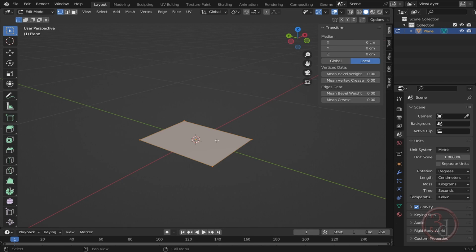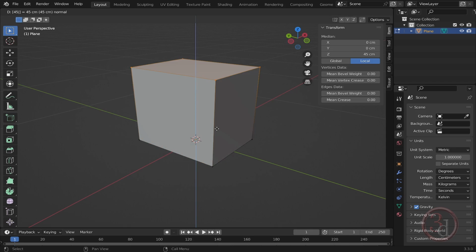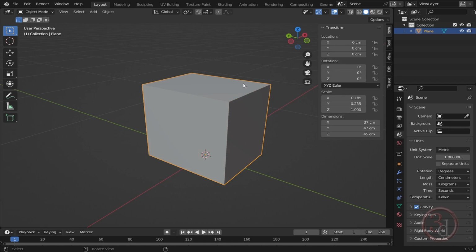Tab edit, and I will extrude for the seat height, the standard seat height. I'll enter 45 centimeter. So I'm already using the unit centimeter, so just entering 45, I get 45 centimeter. So this is going to be my reference for the seat height. Okay,